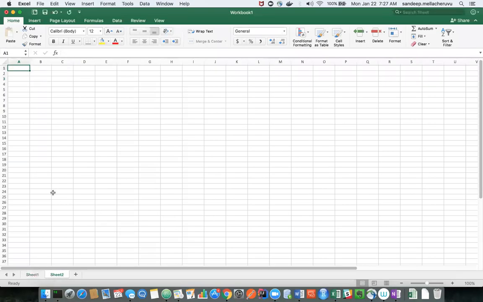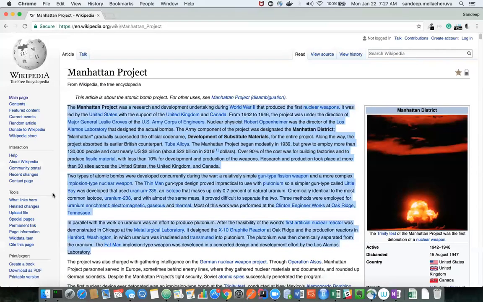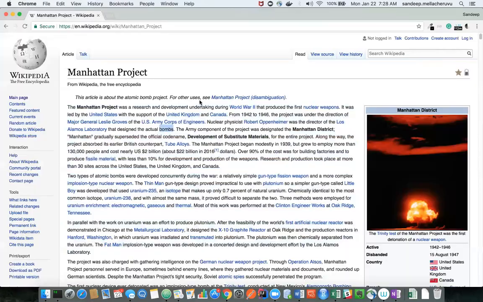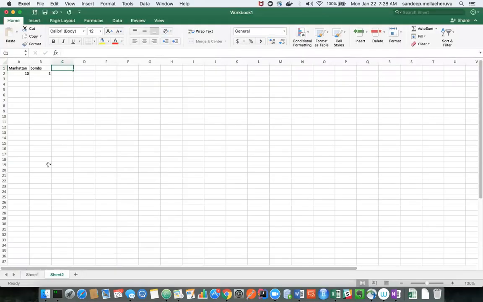Let me add one more sheet. Manhattan, let's say this came in 10 times. Let's say there is a term called bombs, and this appeared 3 times. So you just count this data and then tabulate. This is one of the techniques that people generally use even in NLP and other applications, where you go through the entire text, count the number of occurrences of each word, and tabulate.